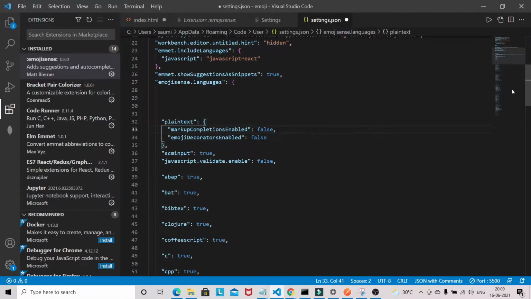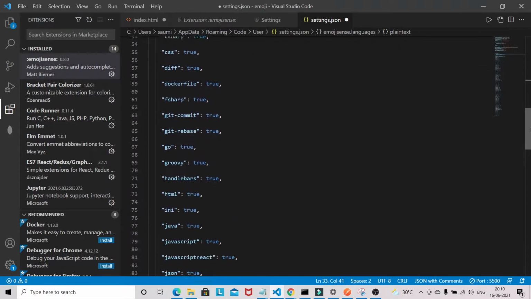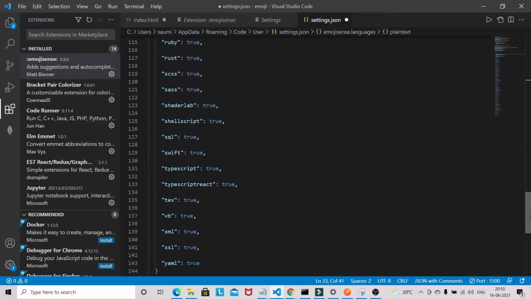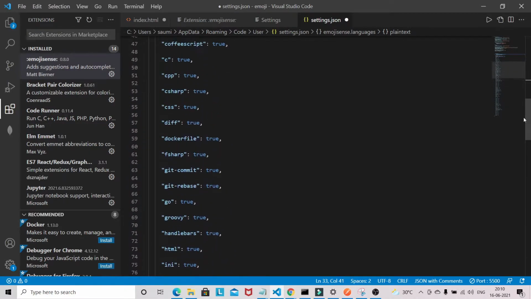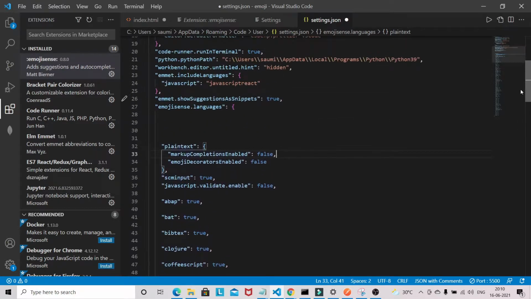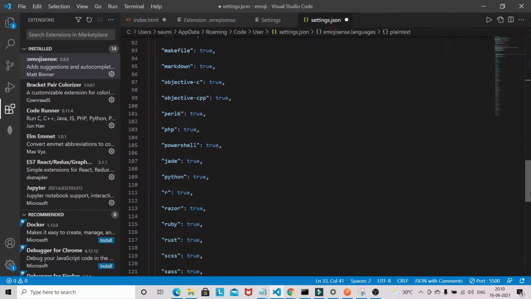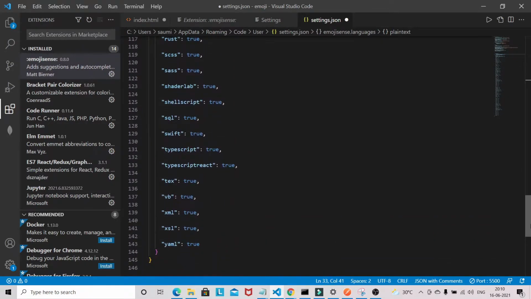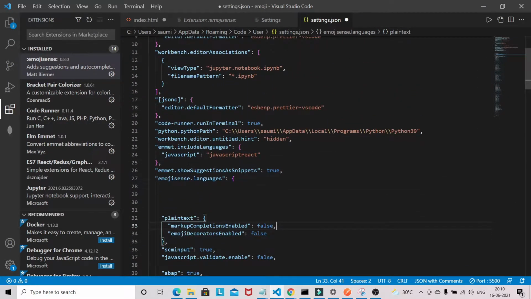So here you can see that I have a lot of stuff added. So once you install this extension, you won't get all of these options. Okay, so you need to basically add this option under this object, emojis hints dot language.